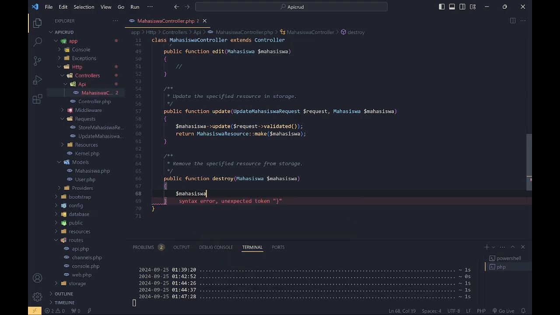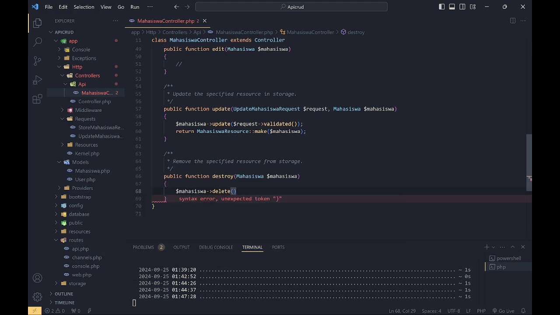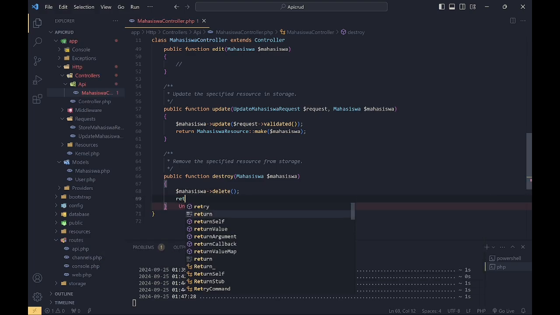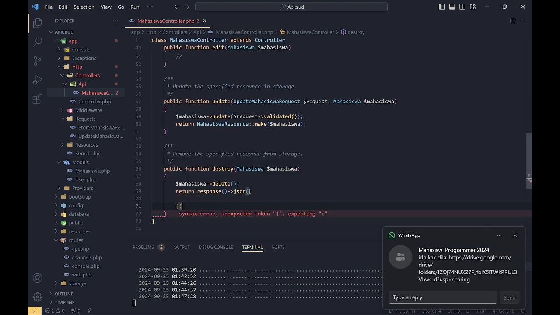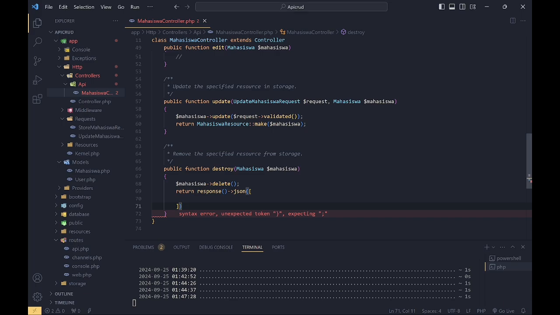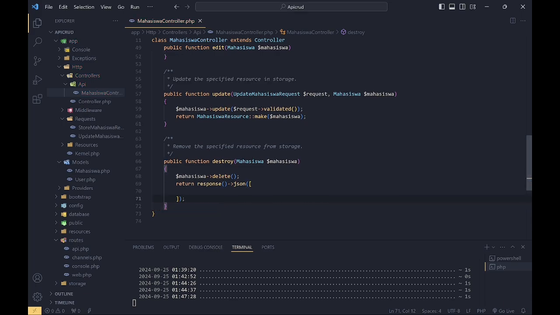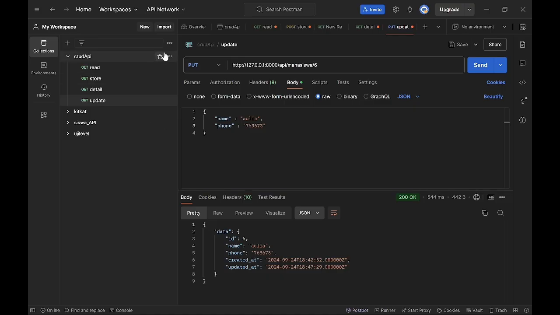And then lastly we will make the function for delete, and then we will make a message if the data was deleted: "berhasil dihapus datanya".